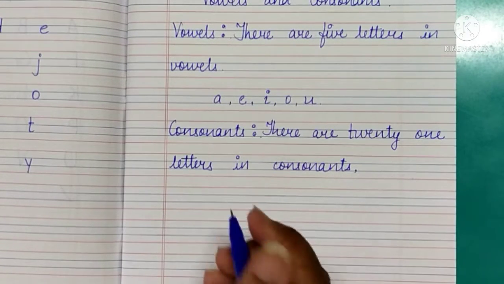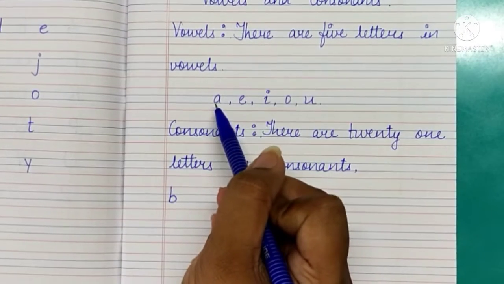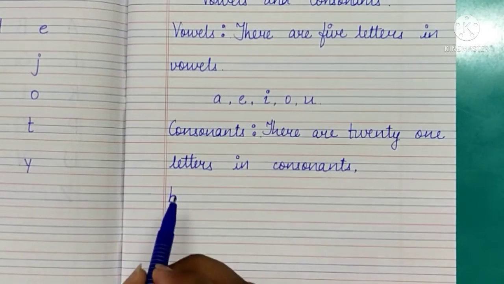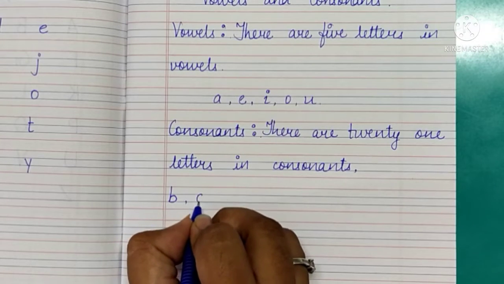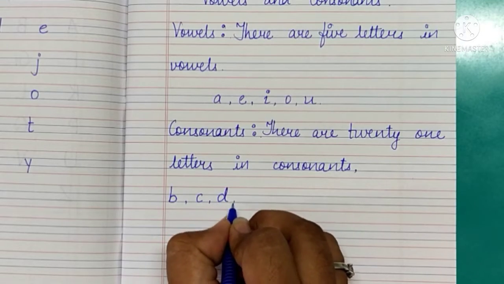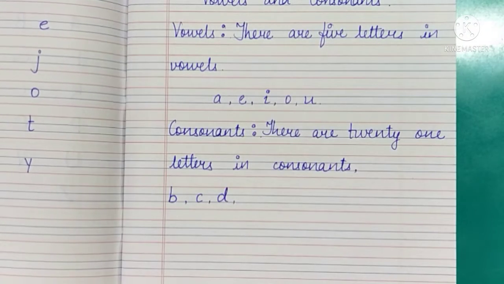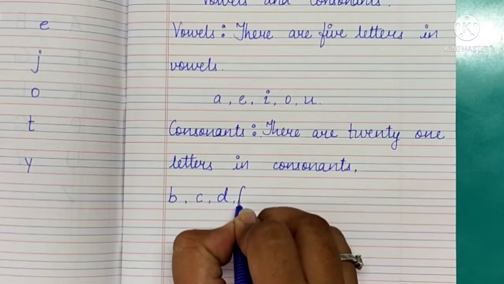Which are they? A comes in vowels. Then B. After B comes C. Then D. After D, A comes, but it comes in vowels. Then F,